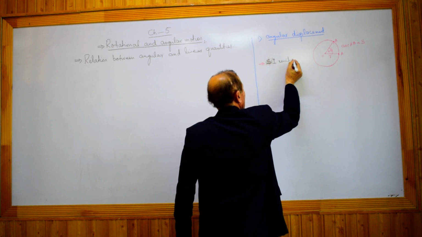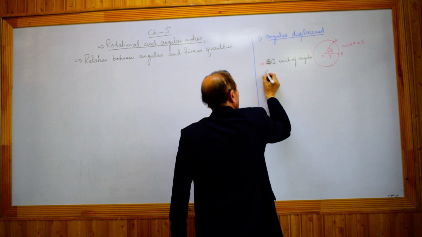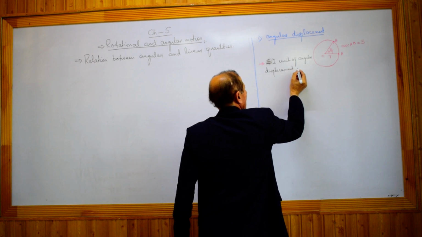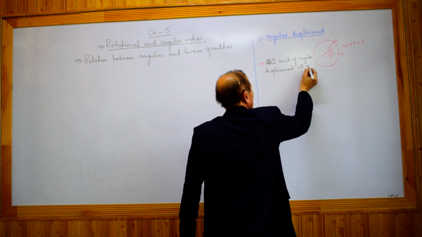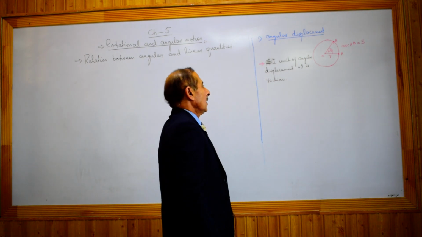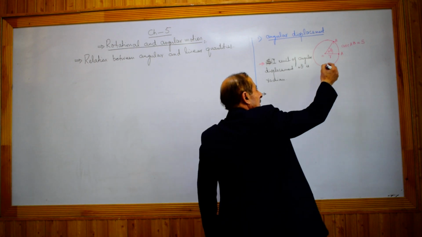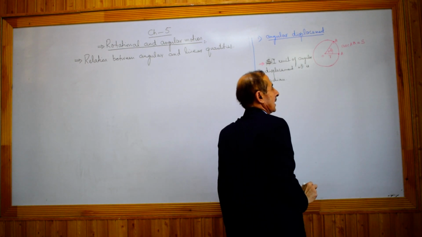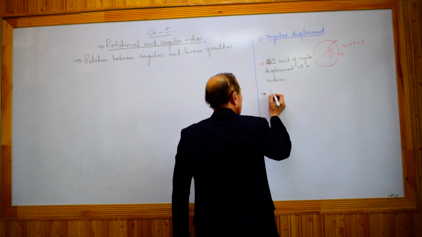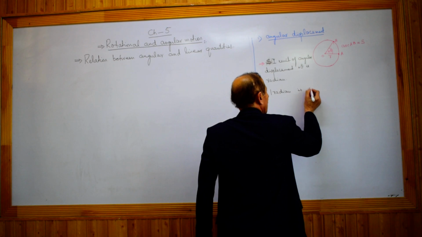SI unit of angular displacement, delta theta, is radian. 1 radian means when the length of the arc AB is equal to the radius, then this theta is equal to 1 radian. So 1 radian is angular displacement